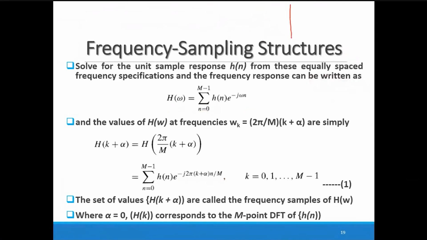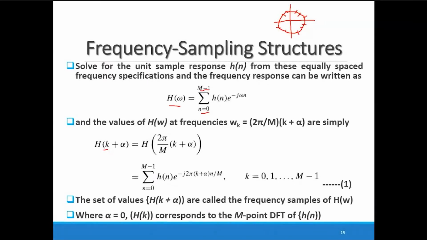If you plot it on the unit circle, then this type of continuous output you are getting is the output for H of omega. Okay, these values are discrete, but this will produce the H of omega as a continuous one. But now what happened? We are defining the k values, that is 0 to M minus 1, which will divide this unit circle into equally spaced points, or you can say the samples. So you are getting the sampled output.